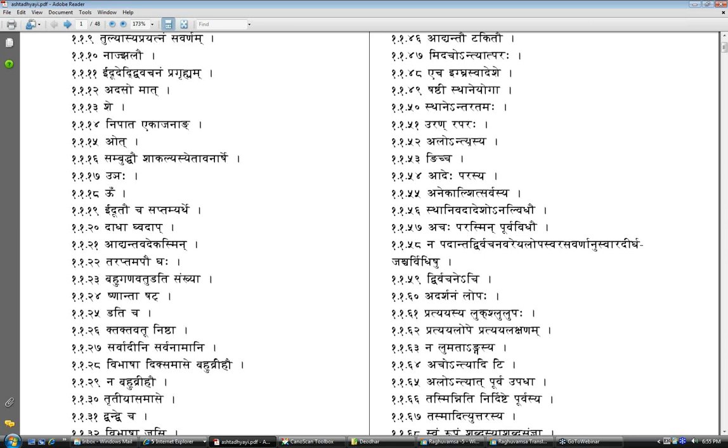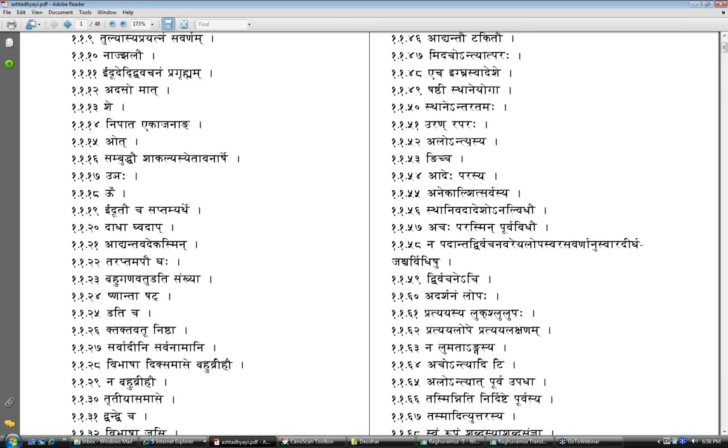Then 54 says "adeḥ parasya". But if the panchami nirdesha is being done, then only replace the beginning letter of that following member. But then 55 says "anekāl śit sarvasya". So these are the sutras, 54 through 55. 55 is saying that if the adesha is anekal, more than one letter, then replace the entire sthani, the entire thing is gone. So these are the ones that we need to look at.